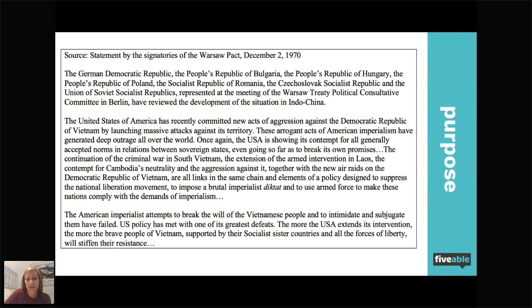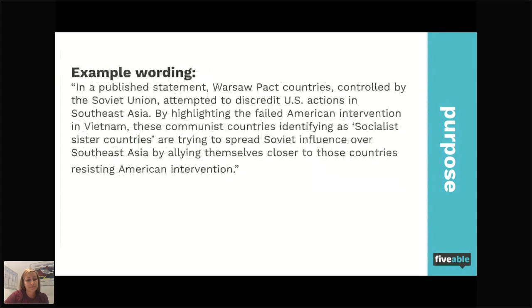So here's how we could put it into 2 sentences for purpose. In a published statement, Warsaw Pact countries controlled by the Soviet Union attempted to discredit US actions in Southeast Asia. By highlighting the failed American intervention in Vietnam, these communist countries, identifying, I just liked including this at the end, as socialist sister countries, are trying to spread Soviet influence over Southeast Asia by allying themselves closer to those countries